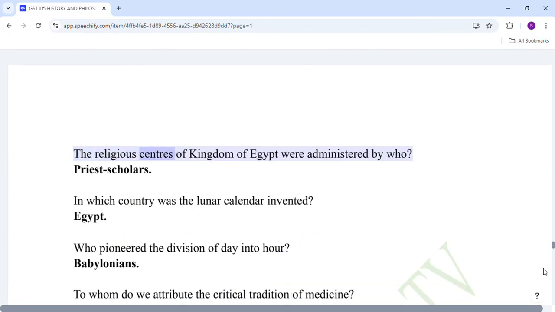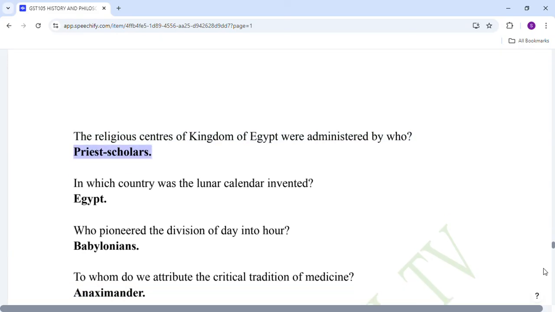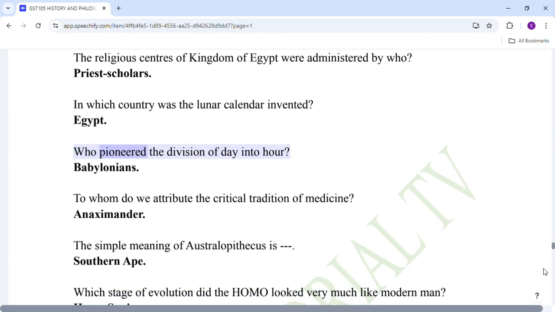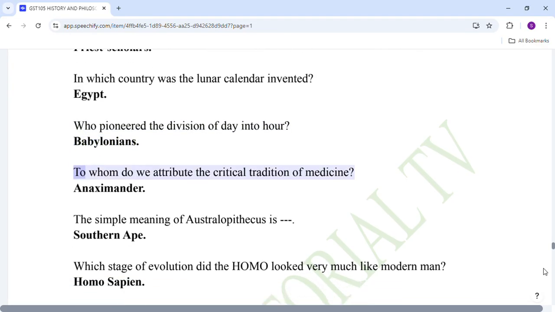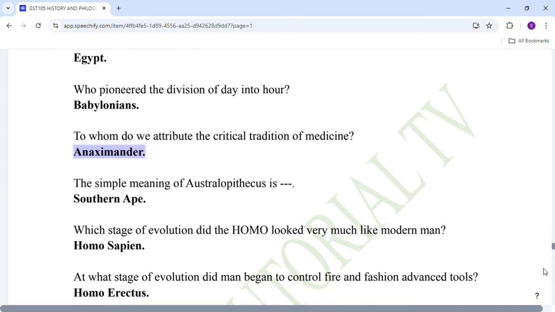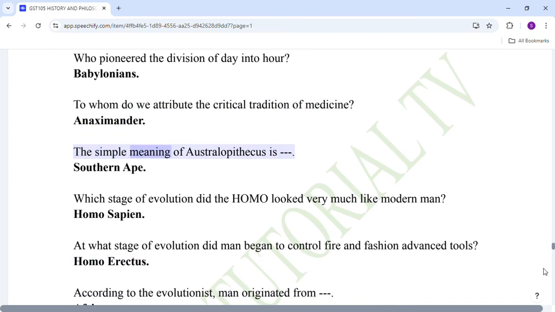The religious centers of the Kingdom of Egypt were administered by whom? Priests, scholars. In which country was the lunar calendar invented? Egypt. Who pioneered the division of the day into hours? Babylonians. To whom do we attribute the critical tradition of medicine? Anaximander. The simple meaning of Australopithecus is